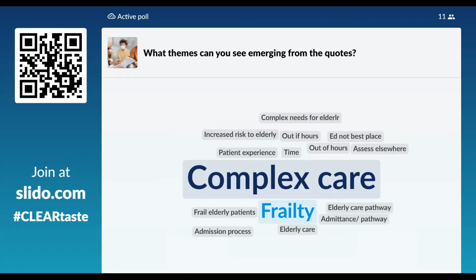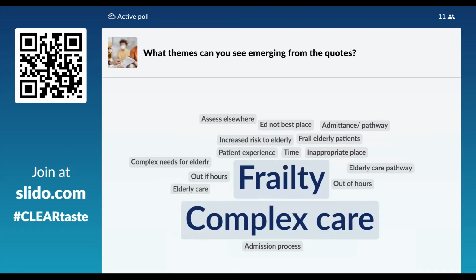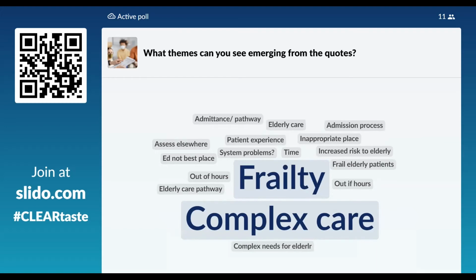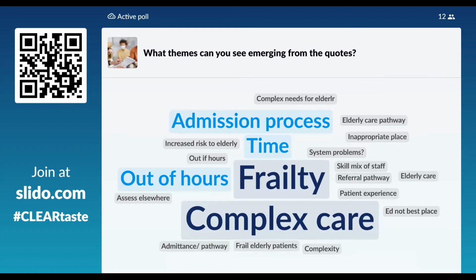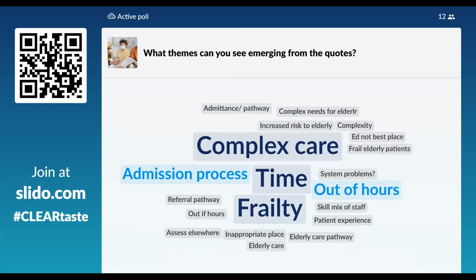Admission process. Yeah, there was a lot about it not necessarily being the best place for the frail elderly, that they were staying there a longer period of time and then they were getting admitted. System problems, so yeah, kind of stepping back and looking at the wider issues. Referral pathways. Yeah, so definitely, the biggest things kind of coming out, the complex care, admission process for these patients, out of hours issues, access to certain,